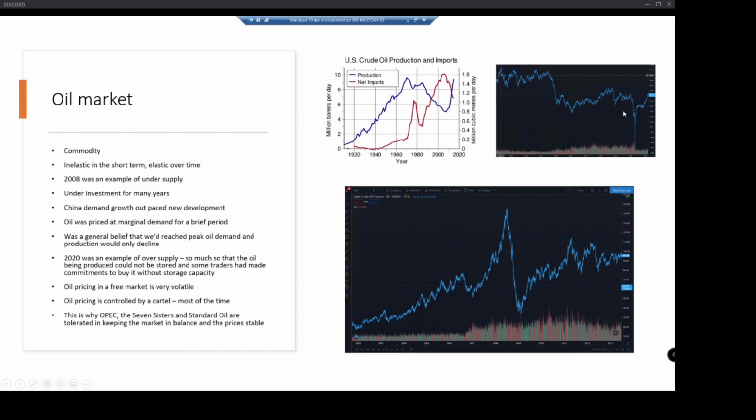But for that very brief period of time, it went negative because a whole pile of people had written contracts to take delivery but didn't have the capability of storing it. And so they wanted to get out of those contracts as quickly as possible, to the extent that they were basically giving away free oil, which is great if you magically happen to own an oil storage facility with spare capacity, because you could take a whole pile of free oil and get $37 per barrel for the privilege.